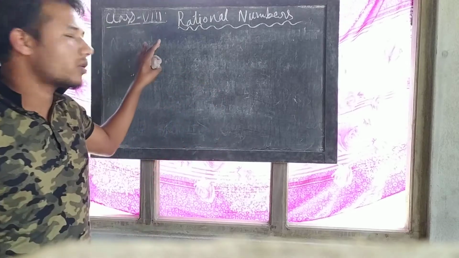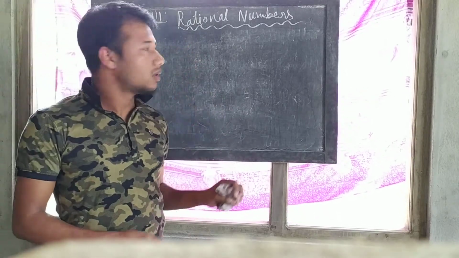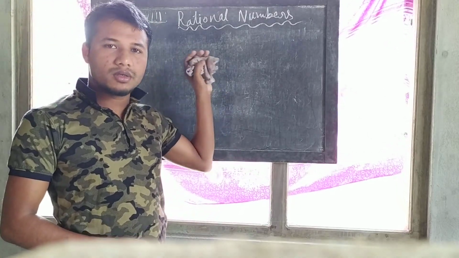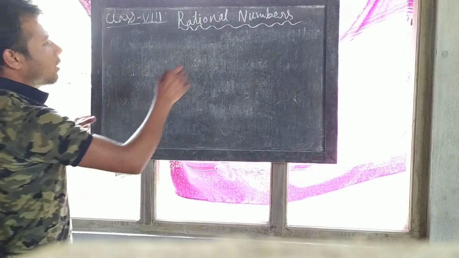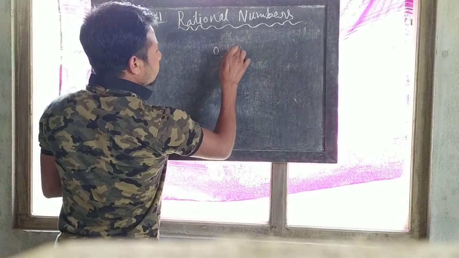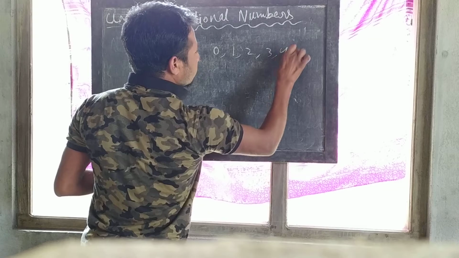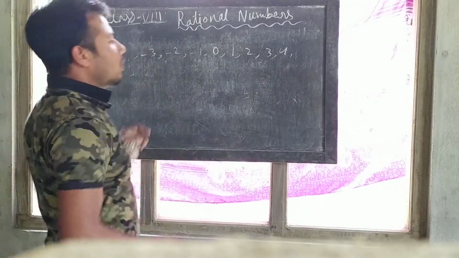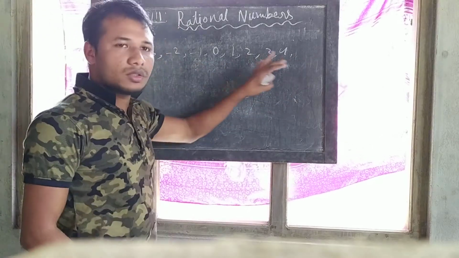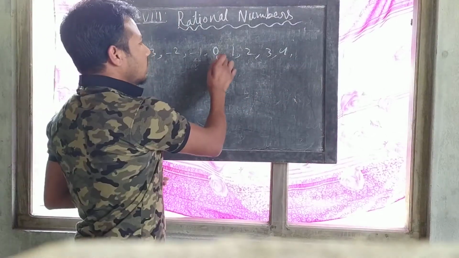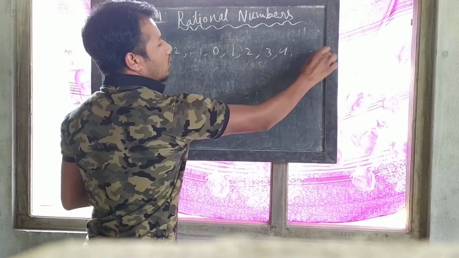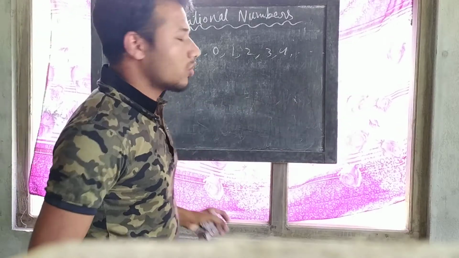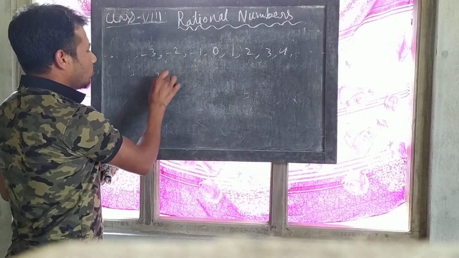Our today's topic, your first chapter, rational number. So, what is rational number? First let us define what is rational number. You know, this collection is of integers from 0, here 1, 2, 3, 4, and here minus 1, minus 2, all negative integers. So if we add any two integers, suppose 2 plus 3